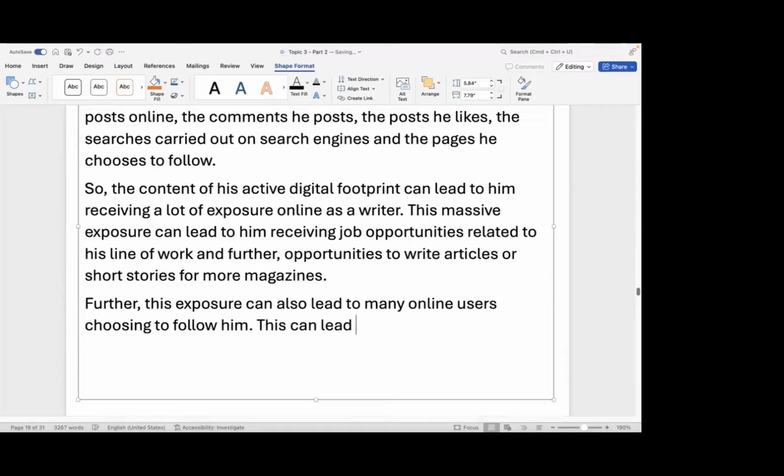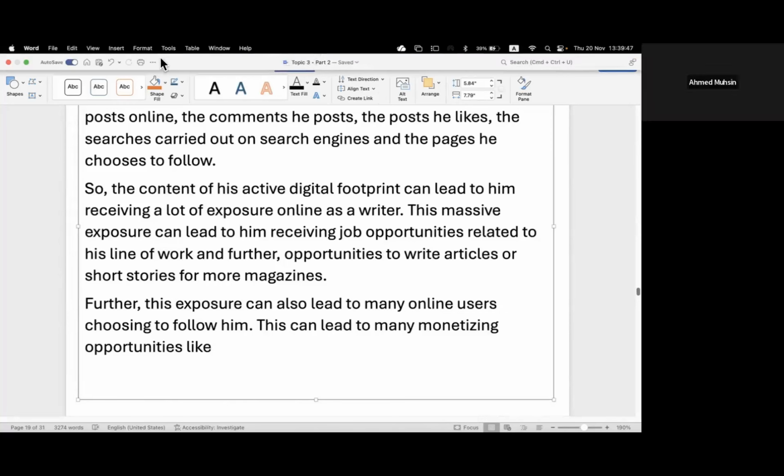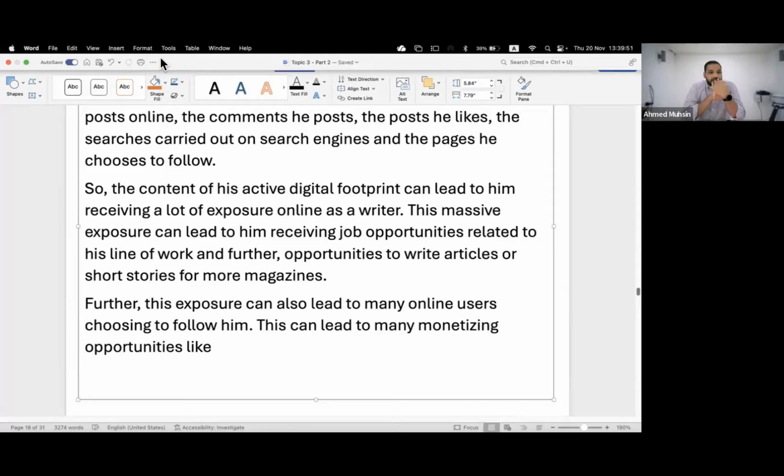This can lead to many monetizing opportunities like, yes, boys, girls, what are the monetizing opportunities he can get now? He has a good follow base, so he can carry out